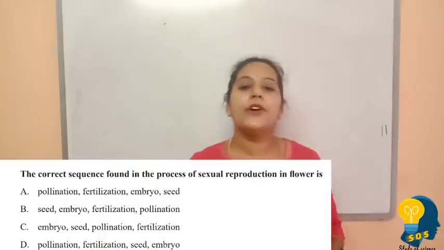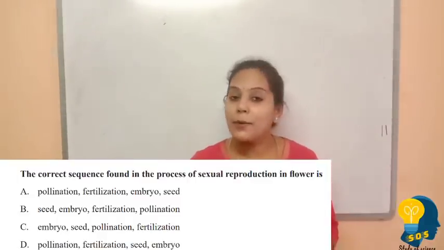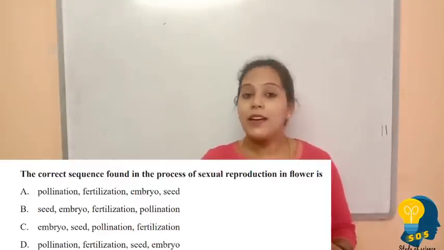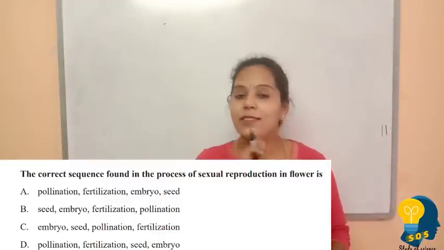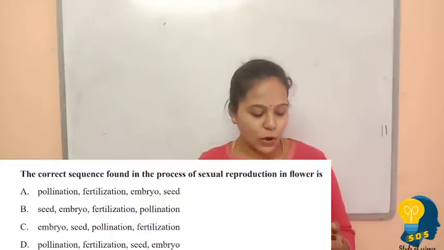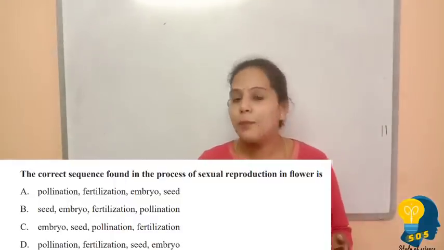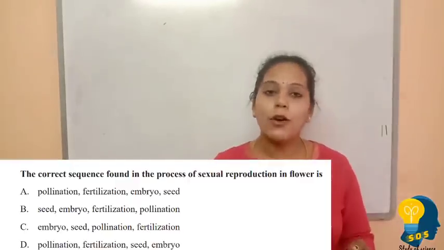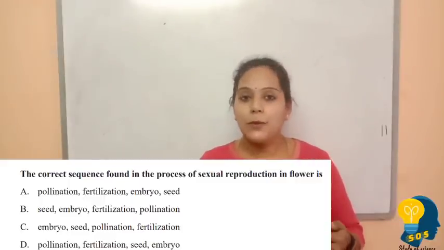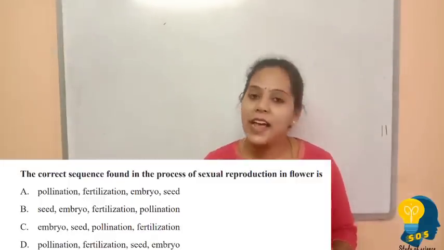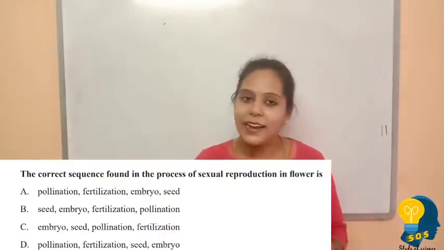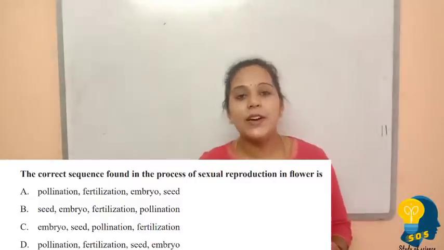See, when sexual reproduction has to take place, the first thing which has to happen is pollination. Transfer of gametes, transfer of pollen grains has to take place. That is the first step. So you have to look for option A and D, because in both cases we have pollination. So you have to check out the answer among those two. Second, after pollination, what has to take place? Once the gametes come closer, fertilization will take place. So now you got the correct answer. Again, we have fertilization in option A and D. First the pollination and then the fertilization.